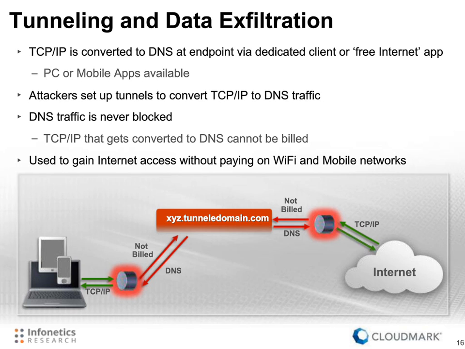Then those packets can be sent through, and the other end can effectively unwrap that packet at the other end of the tunnel and then send it on as if it was TCP/IP, for example. So you can create bidirectional tunnels over DNS. Now, if you think about this, this is really concerning because I think most people's networks, they're looking at web